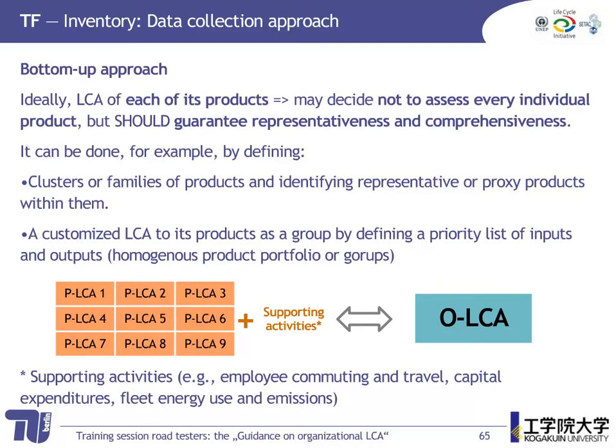So here we propose two potential ways of dealing with this situation where the company, for example, has many products and it's not possible to assess each of them. One option is to define clusters or families of products and then to identify one representative product for each of these families, or even to define one product that is not real, but is an average of all the products in this cluster or family. So to define a proxy product. And then the idea is that the company will only assess these representative products, and then consider that all the other products in the family have exactly the same impact. So the company would take the amount of products produced in this specific